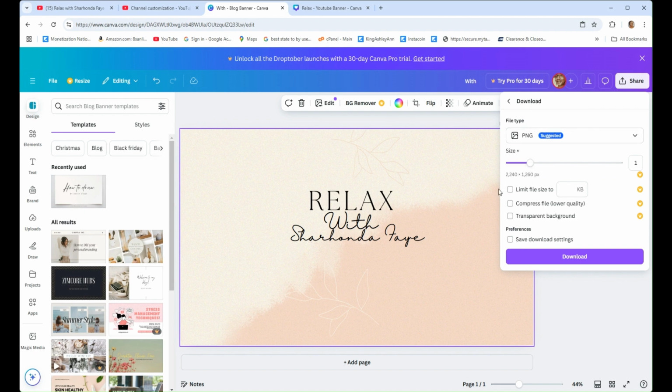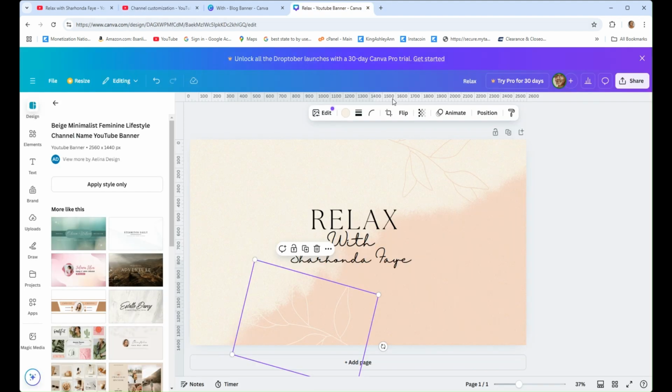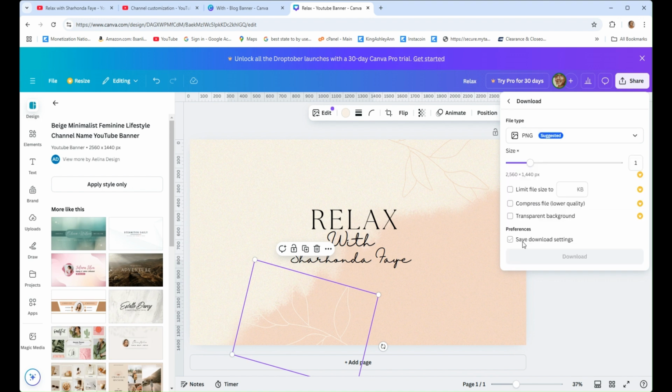Okay. And you see the size of this, right? It's 2,240 by 1,260 pixels. And that's right in line with the requirements of YouTube that we had seen before on the channel customization page. All right. Okay. And so once you download,